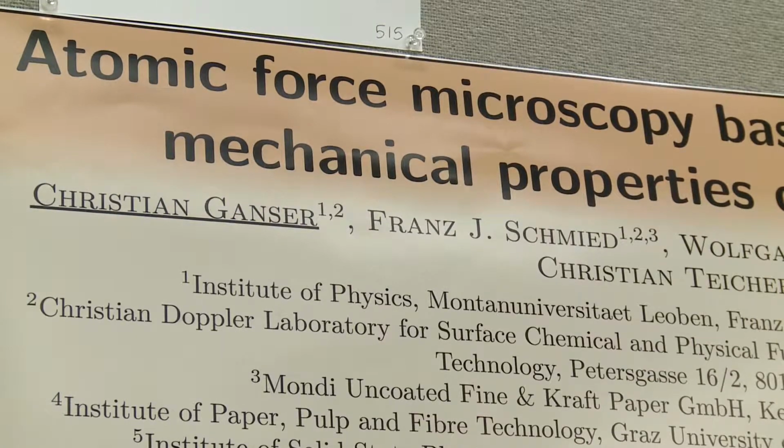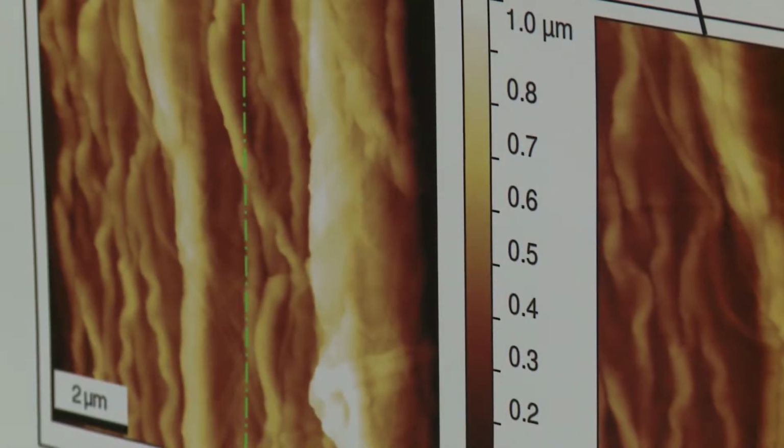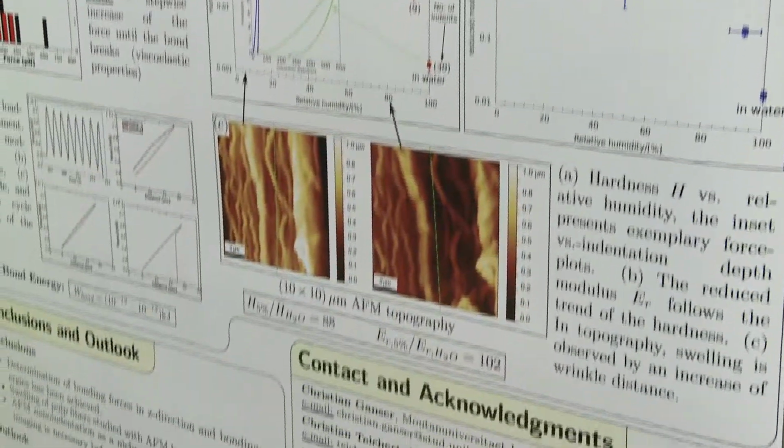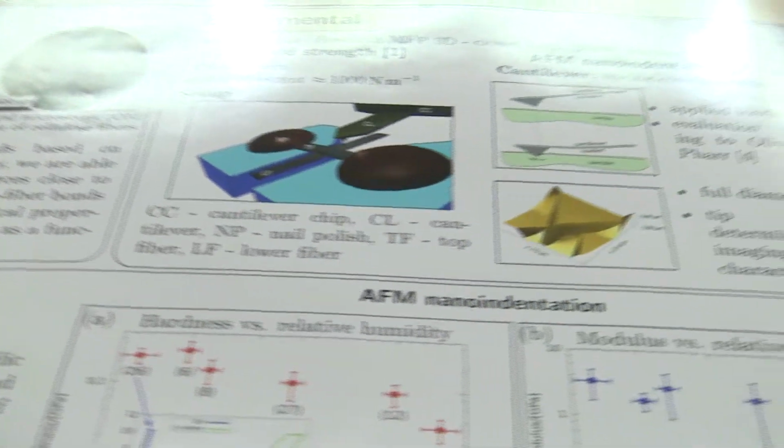Tonight I'm presenting my poster on atomic force microscopy-based methods to study mechanical properties of cellulose fibers. Our research is focused on paper, and we have developed two methods in principle to study the bonds between two paper fibers and also the mechanical properties of paper fibers themselves. Mechanical properties are important because they affect how strong a bond between two fibers can be, and if you can increase bond strength, you can reduce material for packaging, for example, which is wanted because we can then reduce